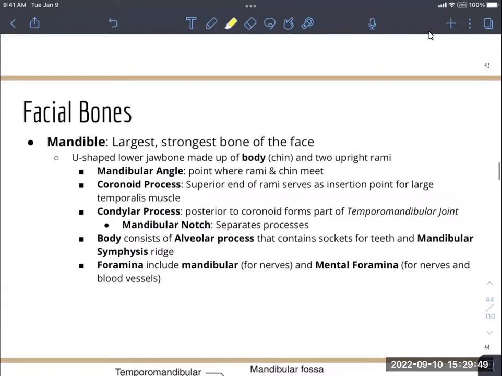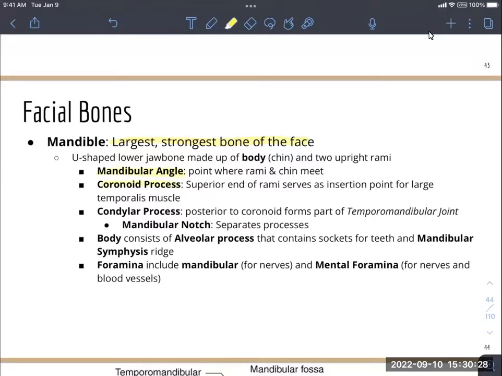The mandible is actually the largest and strongest bone in the face. That lower part of your jawbone makes up your chin. There's a mandibular angle, that back corner. If you're feeling along your jaw where the bottom part kind of curves up, that's where the mandibular angle is. We have a coronoid process,